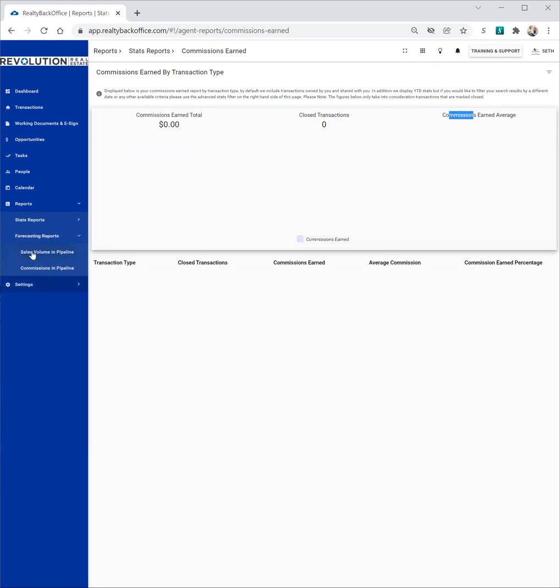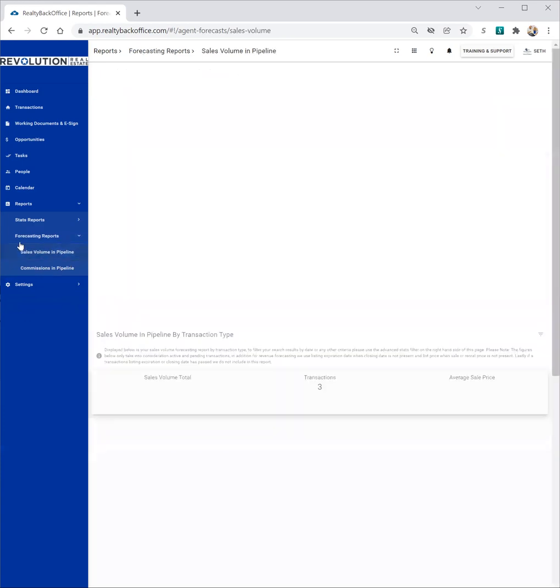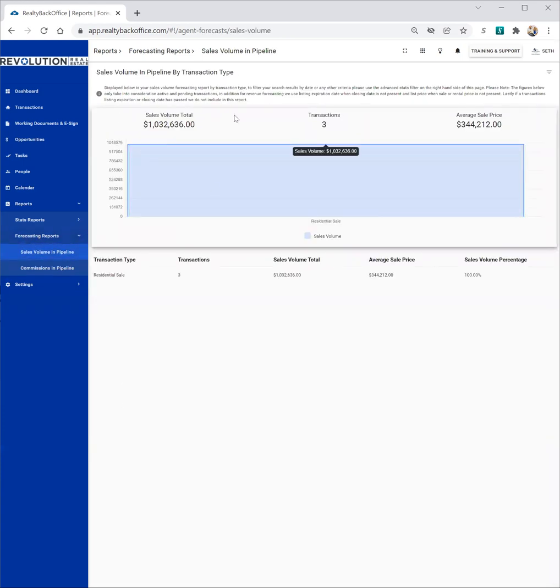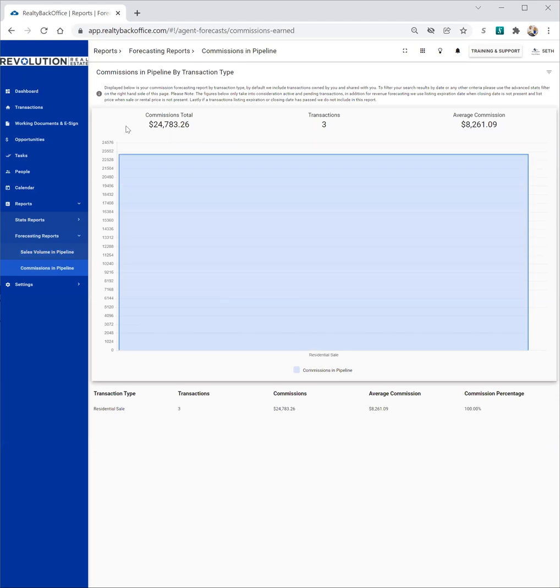And I'll show you what that kind of looks like on the forecasting reports. So forecasting is everything that's in your pipeline. Those 3 deals that I have right now are going to be worth $1 million in volume, and we're looking at an average sale price of 344,000. When we translate that over to commissions, we're looking at 24,000 in commissions, 3 transactions with an average commission of